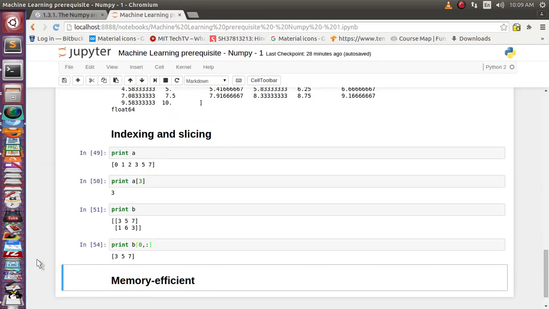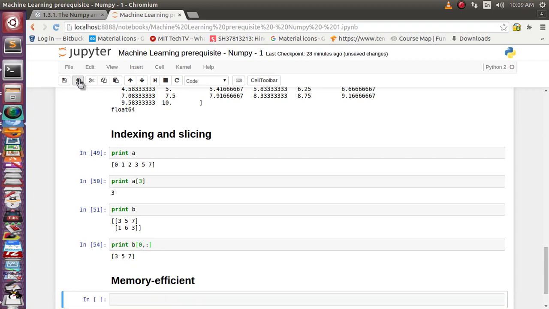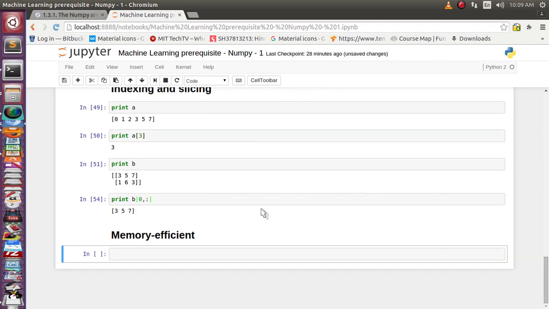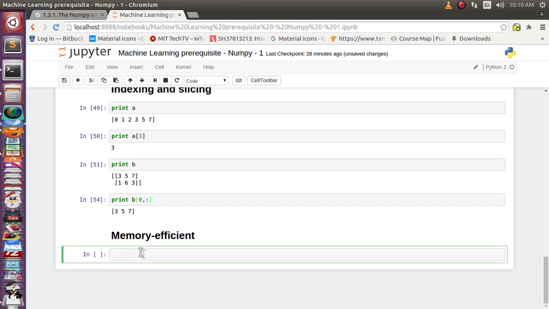There is one more thing, and the last one in this lecture, that is a memory efficient way. Python already provides range functions inside Python. So it is nothing but a kind of array for us. So let's see what this range function is, and how the numerical Python array is giving advantages for us.